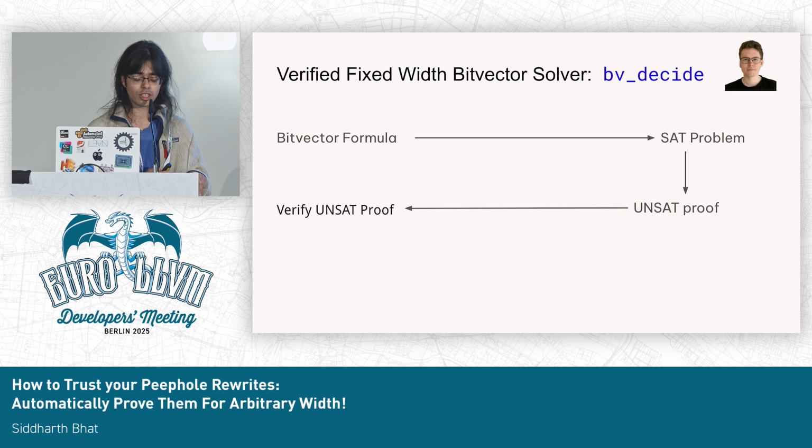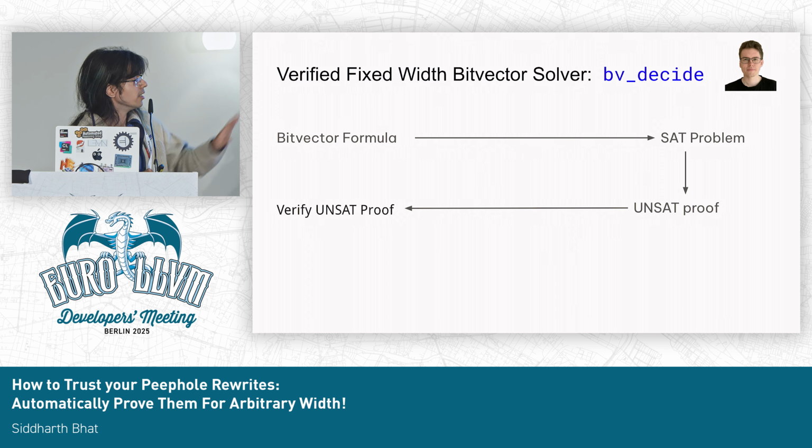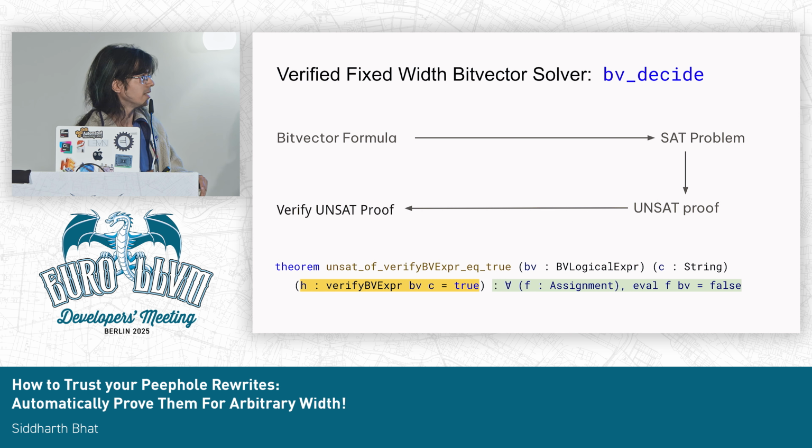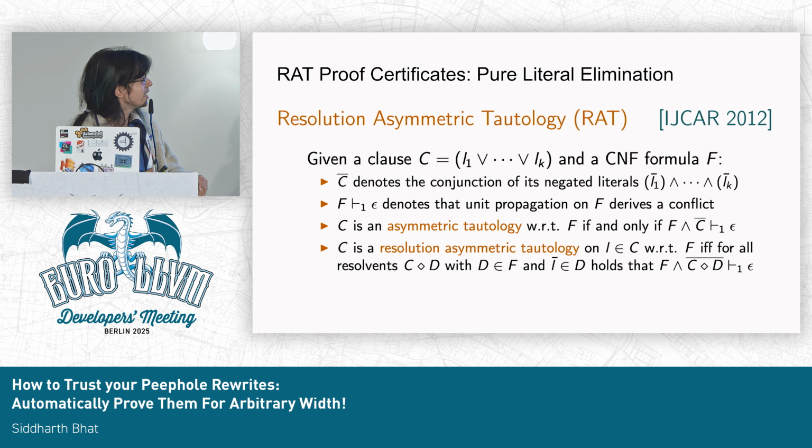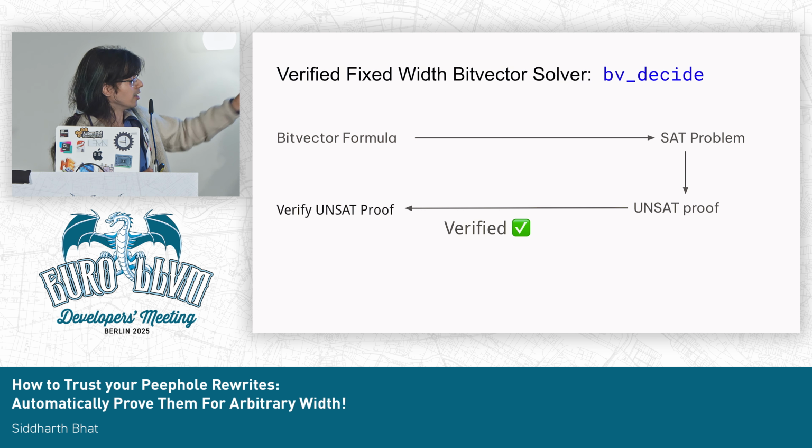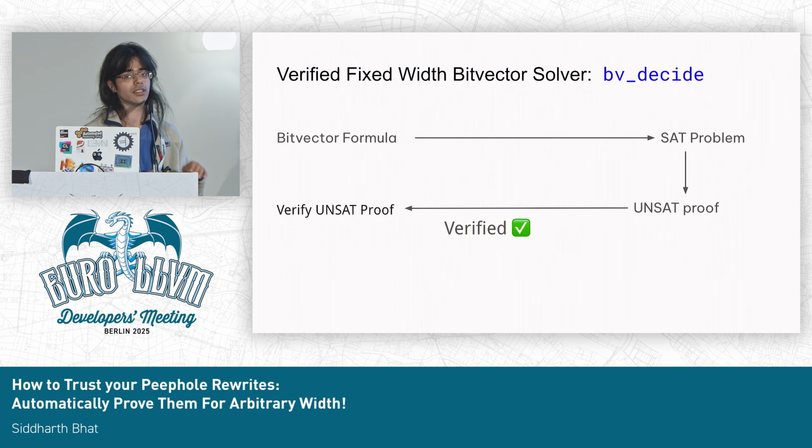And then, for a really quick exposition of why this is the case, here's how the fixed width solver works. It takes a bit vector formula, converts it into a SAT problem, and then the SAT solver tells you that it's correct, and you can check the certificate from a SAT solver. I'm going to skip over how we check the certificate of the SAT solver. If you're interested, you can come and talk to me. It's called RAT. So this part is done. The part where we query the SAT solver is done, but the reduction from the bit vector problem to the